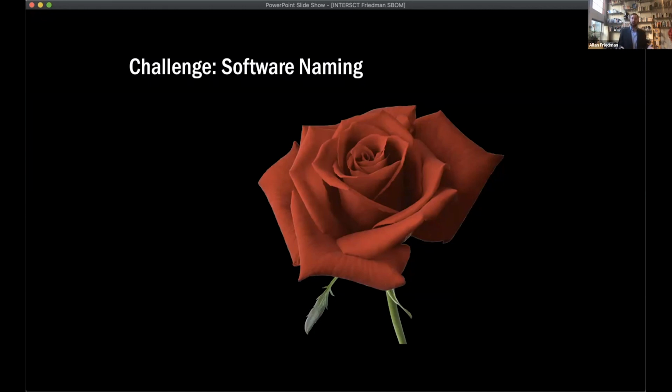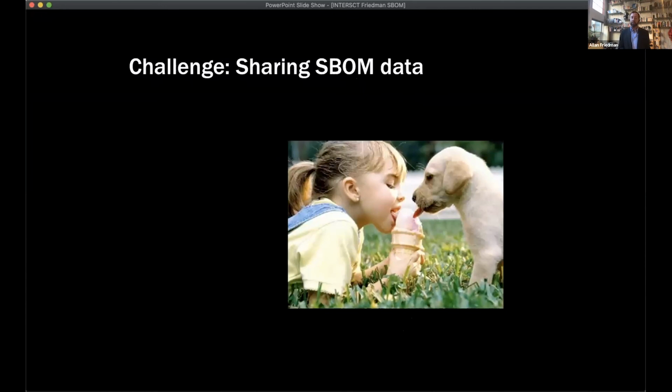This is all well and good. The problem is, it's not that there isn't a standard for naming of software. The problem is there are multiple standards for naming software. And that means that we've got divergent approaches. So the community has produced some guidance to help lead to convergence. We're not going to solve the problem, but we're going to help it.